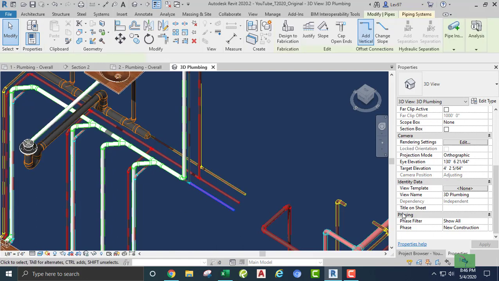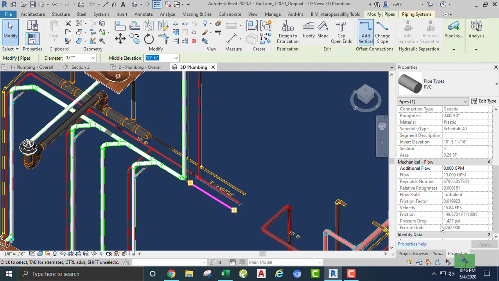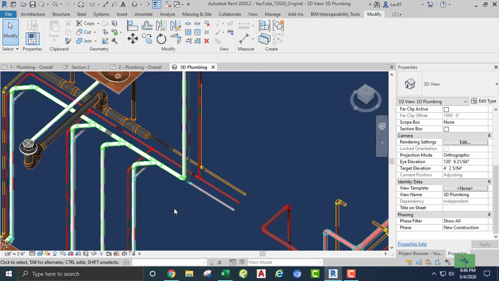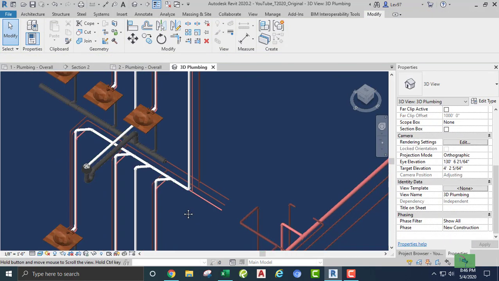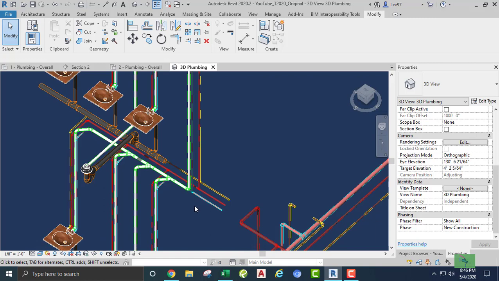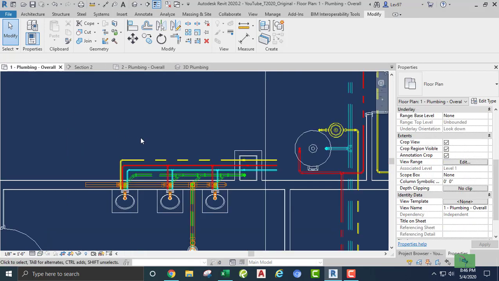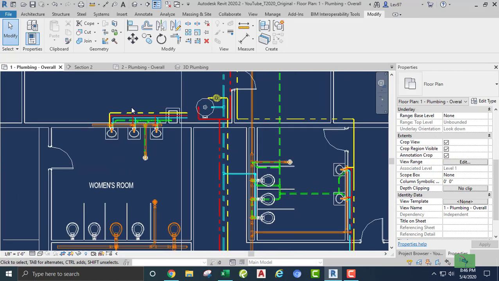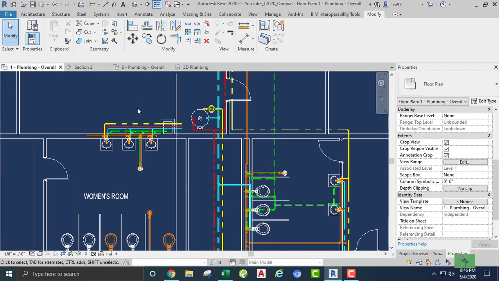So, I mean, whatever pipe size that is based on the code, and GPM and fixture units. Okay, so where are we going here? Okay, so I think that I'm going to stop